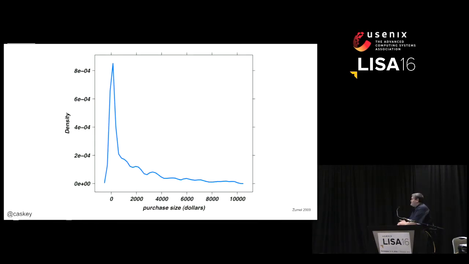So, fun stuff. This is another great example of long tail and log scale. You'll have to take my word for it that the area under this curve is 1. It represents the distribution of purchases at a hypothetical store. And as with most online shopping, clearly there is a big spike in low dollar purchases. That's where there's a crap ton of money. And then there's this long tail that goes out to $10,000 purchases, right?